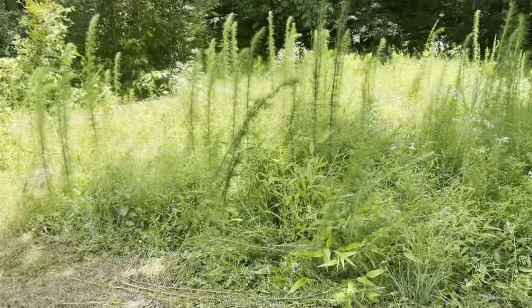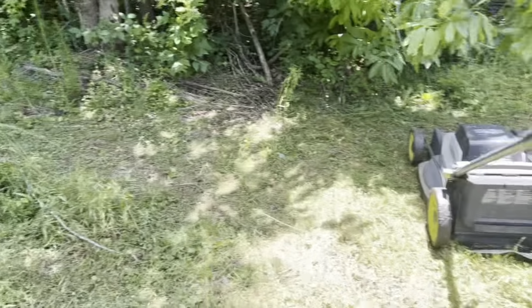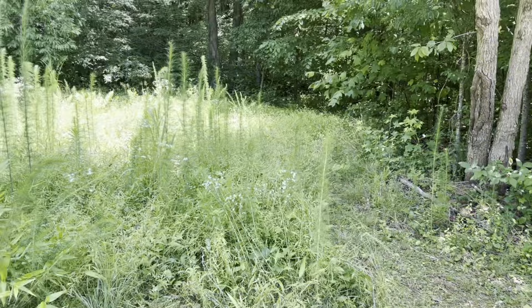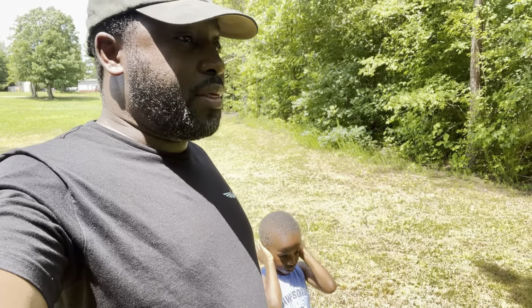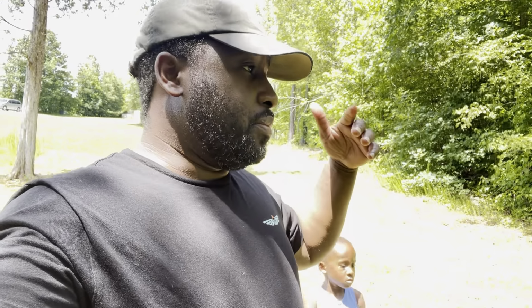So the job today is to just basically clear this up using the Ryobi. We still haven't gotten our riding lawnmower just yet, but we're believing God to make a way for us. We really just want a clear path to the spring so that we can enjoy it. It's really peaceful, and the best way to enjoy this stuff is if there's not so much overgrowth. So there's a bunch of weeds,